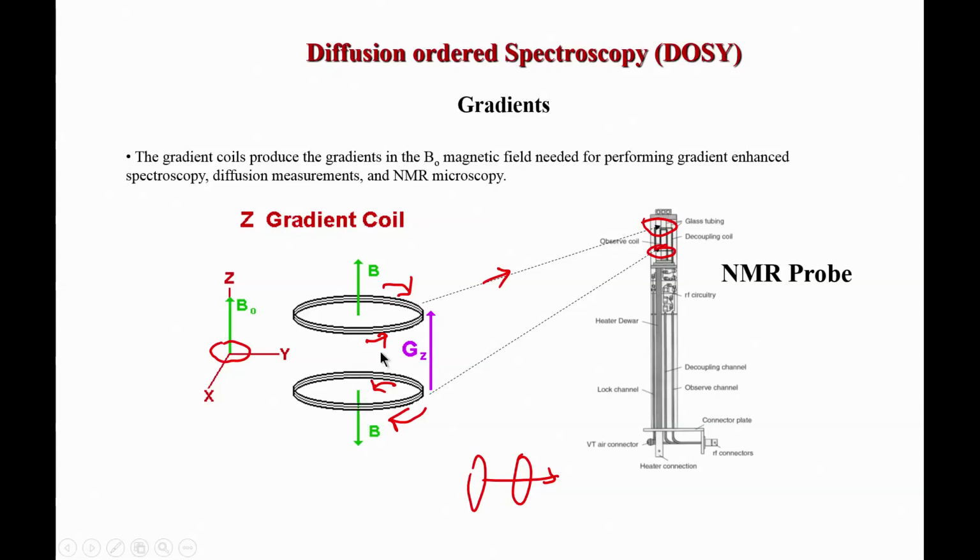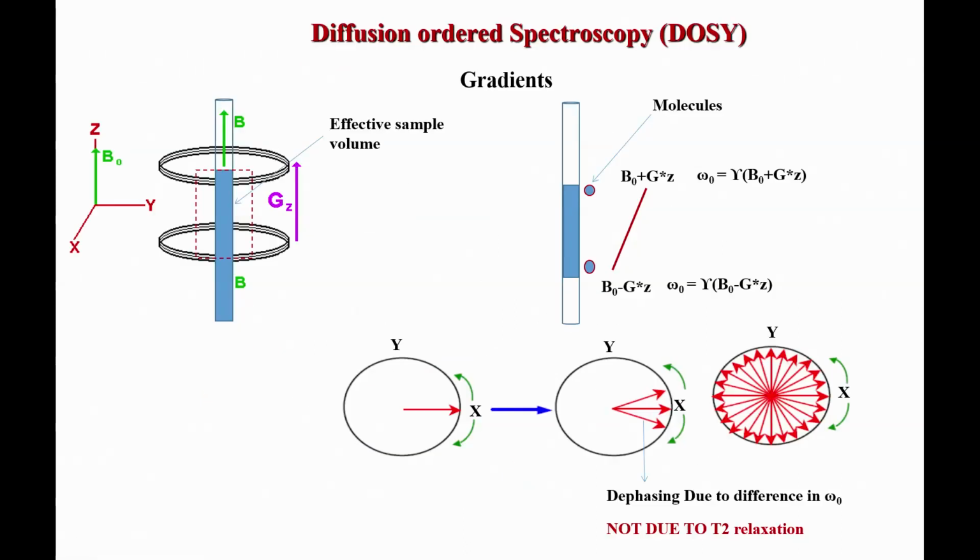So, in a standard NMR spectrometer, routinely, typically, you will see that these gradient coils are situated like this in the xy plane. So, the magnetic field which is generated is along the z axis, that is Gz. Okay. So, this Gz is known as a gradient. We will see how this gradient looks shortly, but keep in mind again, we have small coils in the probe where we apply current in opposite directions, and that generates an additional magnetic field. Now, let us see what is the effect of this additional magnetic field on the sample.